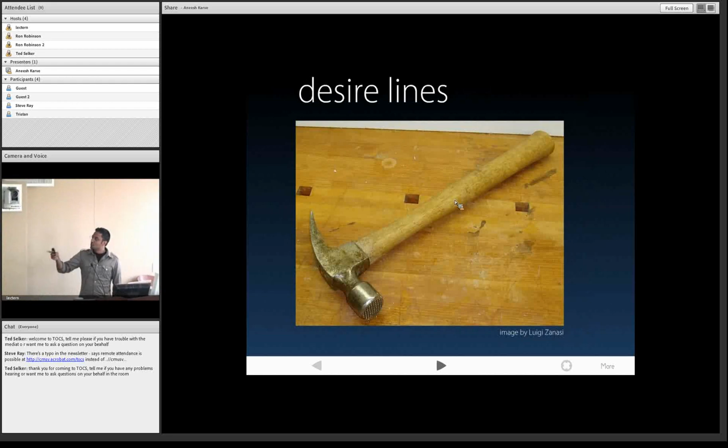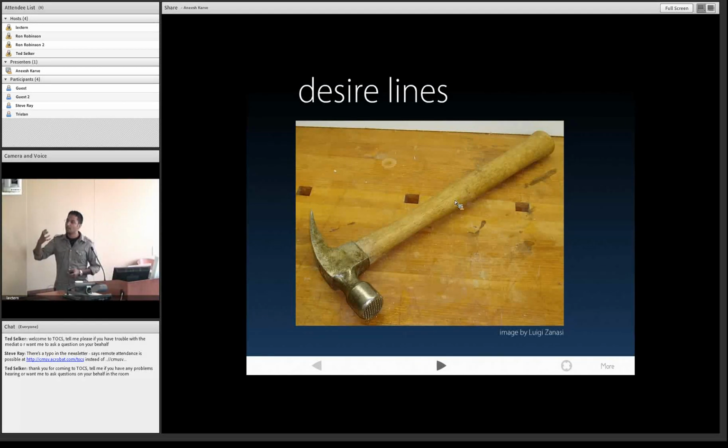So those of you who are familiar with the human-computer interaction literature know this concept of desire lines. And what desire lines show us is where people continue to grip objects. And this gives us a sense of where the human being is coming in contact with the form. And then if you start to examine the hammer, you look at the tip, for instance, and you see that there are chips due to friction or due to impacts. And where the natural forces record themselves on the form or the object of our design, that's where we start to see whether or not our form has a good fit with its context or with its environment.